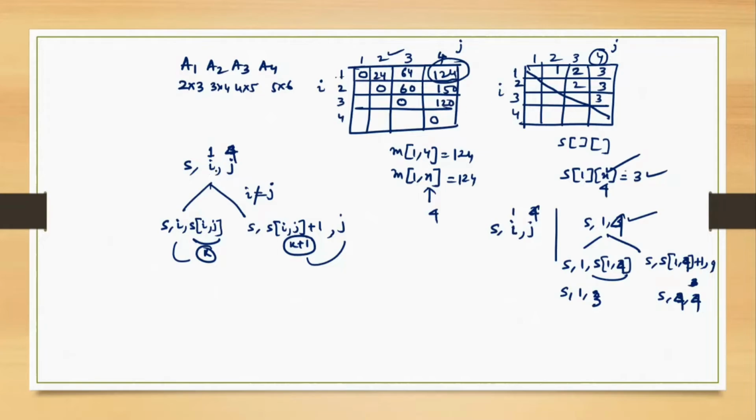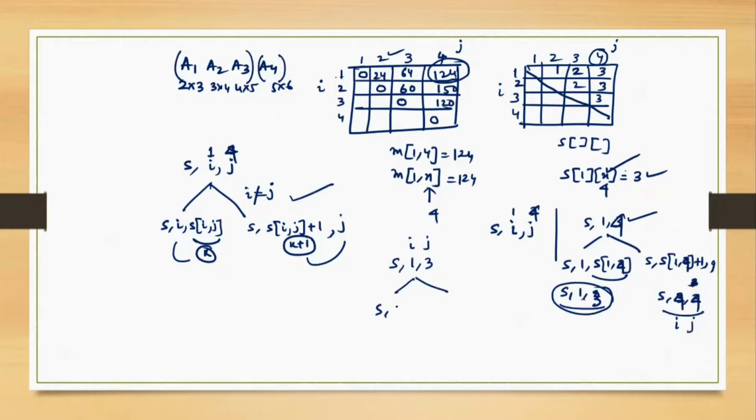So s comma i comma j, that is s1, and j should be started with the value of n, that is 4 here. So now it is 1 2 3, and this is 4 to 4. What it says? 1 2 3, first matrix up to third matrix. Then 4 to 4, fourth matrix to fourth matrix. This is simple. Then you take s of 1 3, because here i equals j, no further split, but here there is a chance of further splitting. It is i, it is j. Recursively, it is following this